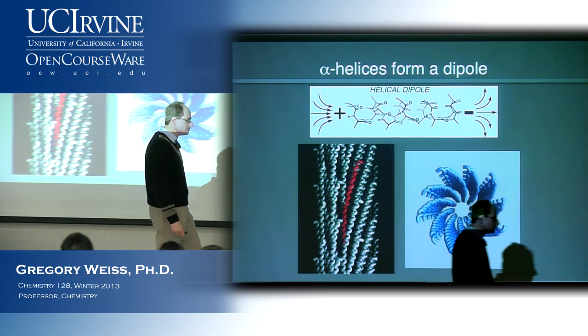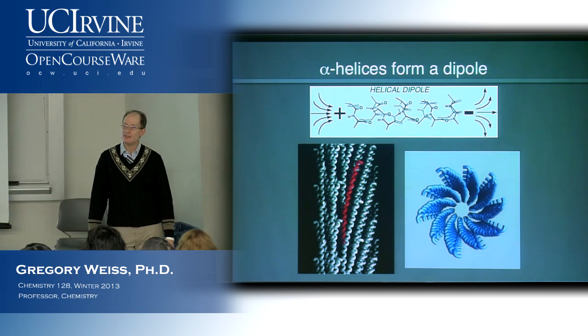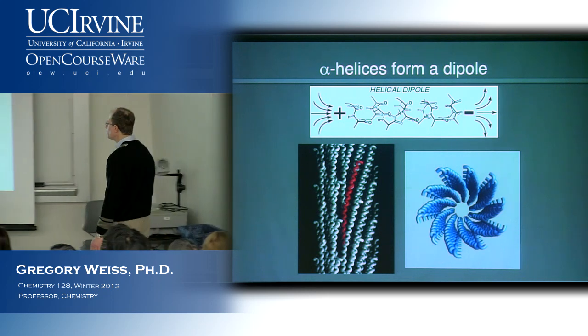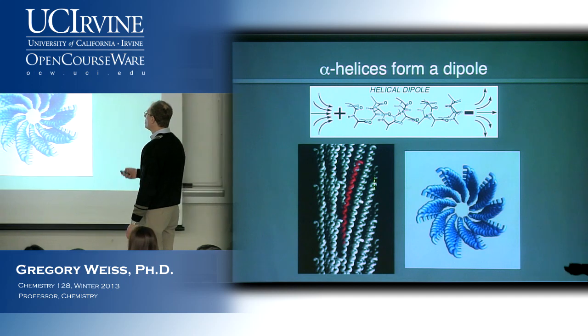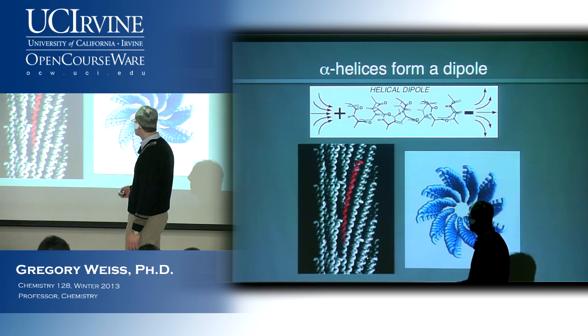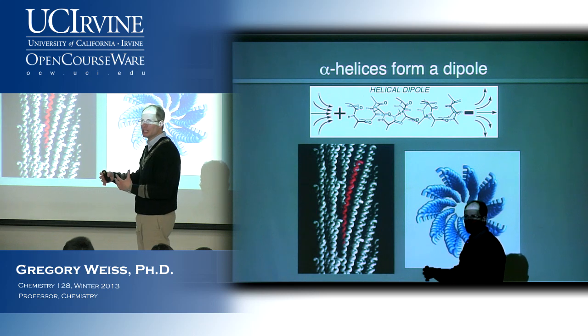And I would tell you that when I first learned about this, I thought of it as kind of a myth. I've come around entirely. And I can show you the best example of a helix dipole in action. This is the outer surface of the filamentous bacteriophage that's used for phage display. It consists of a series of alpha helices. So it's like these 50 amino acid long alpha helices that are coiled around each other.